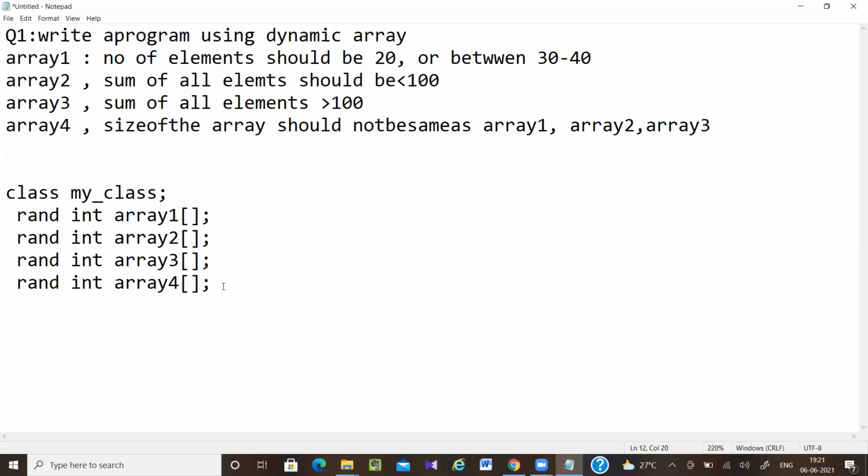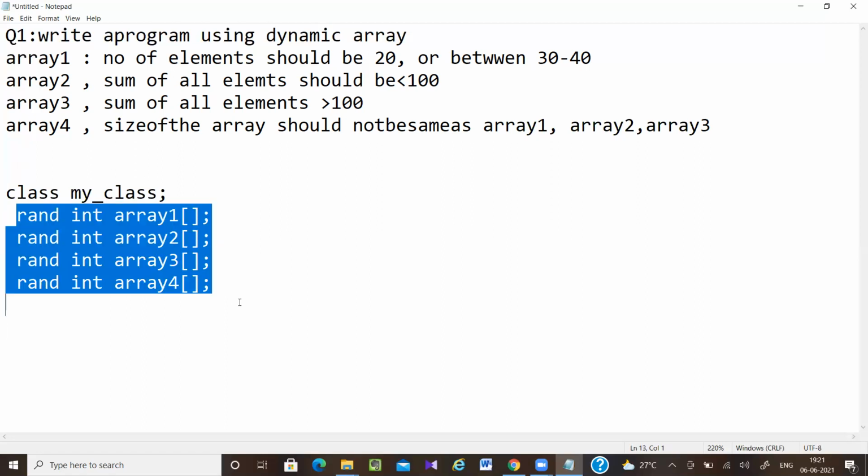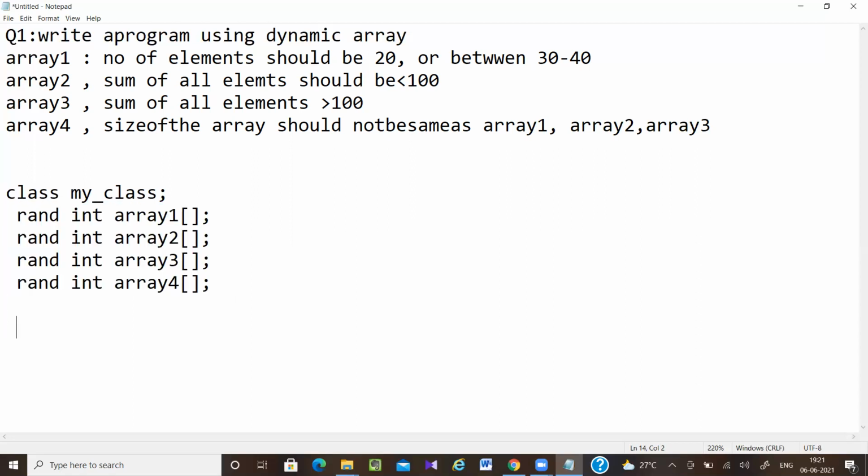Next I am going to add a constraint to mention the sizes of the arrays. So constraint array range start. Here you can write array 1 dot size.